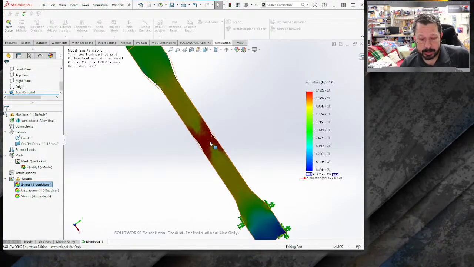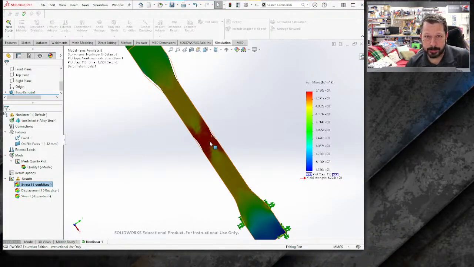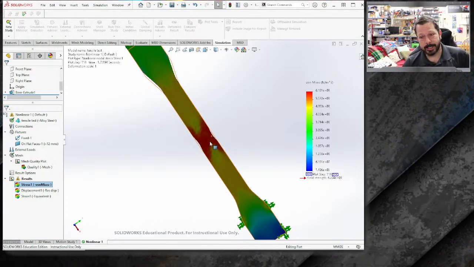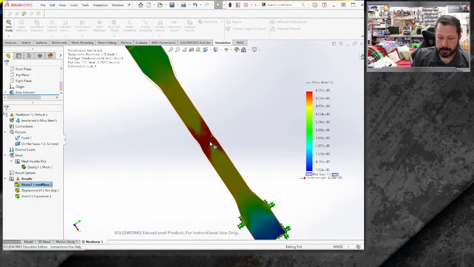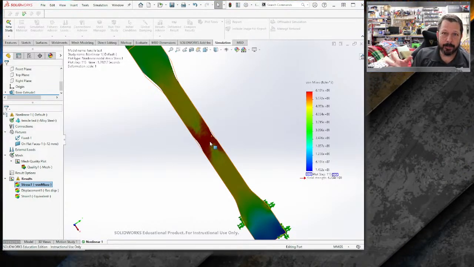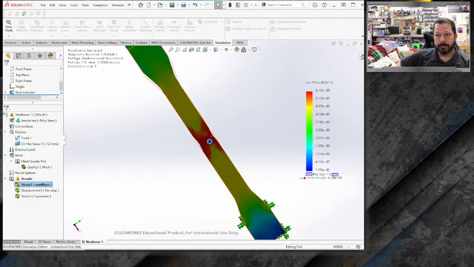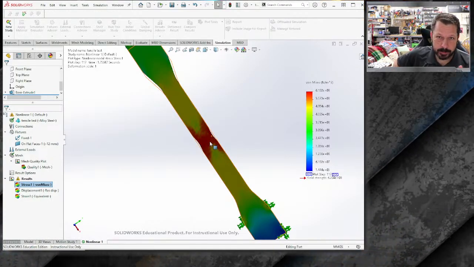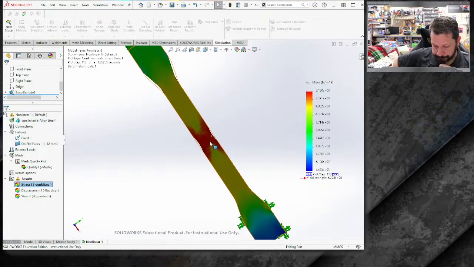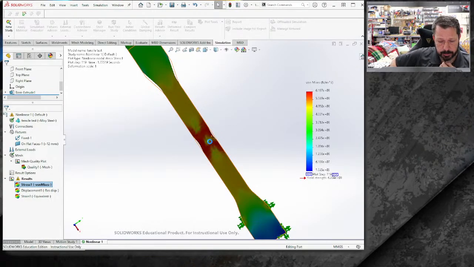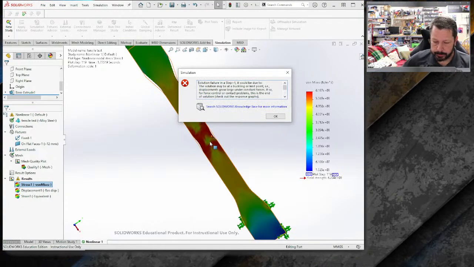One I did this morning in my 3D printing class is a topology optimization in SolidWorks where you take a block of material and you let SolidWorks do this same kind of process on it, but now what it's trying to do is figure out how much of that material it can remove and still have the structural integrity that it needs for whatever the design calls for. So you can lightweight parts that way and things like that. So there's a lot of stuff you can do with the full SolidWorks Premium simulation version. This is kind of just the very